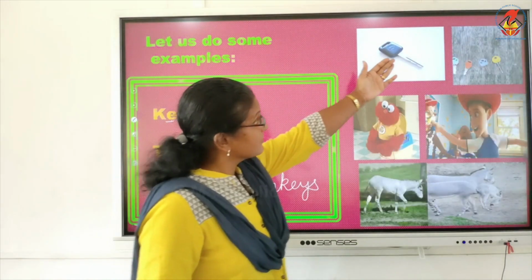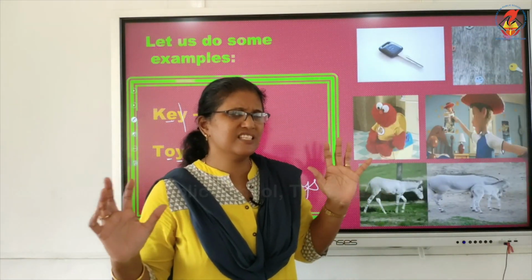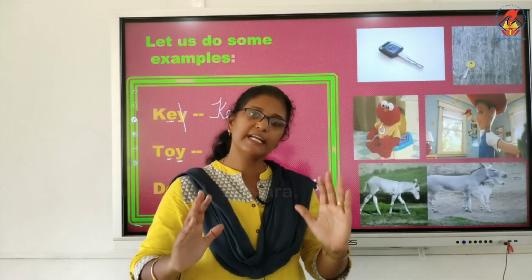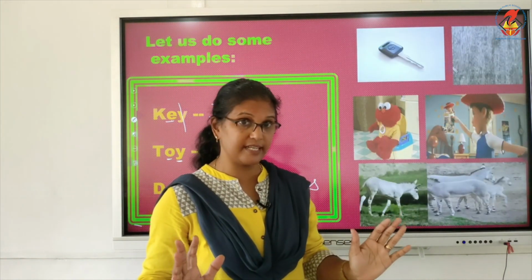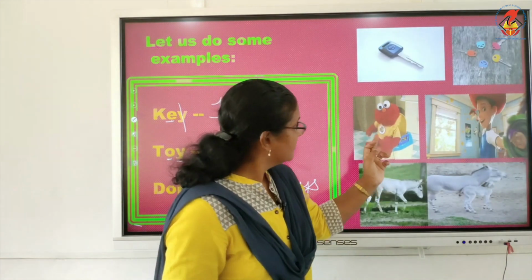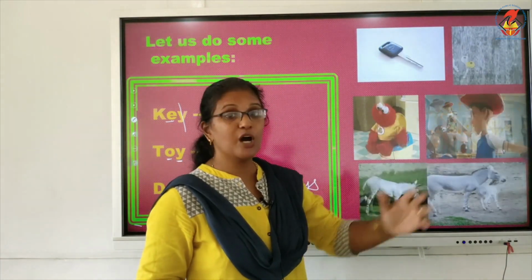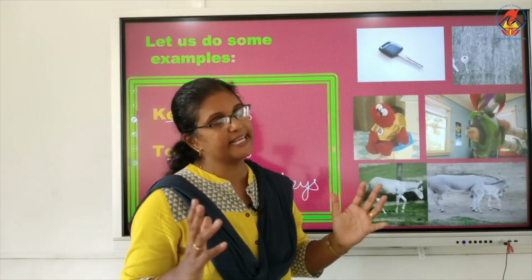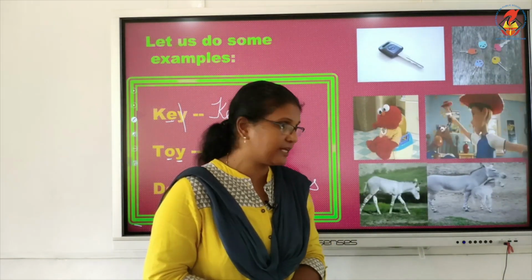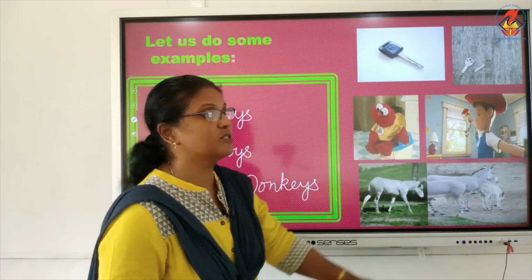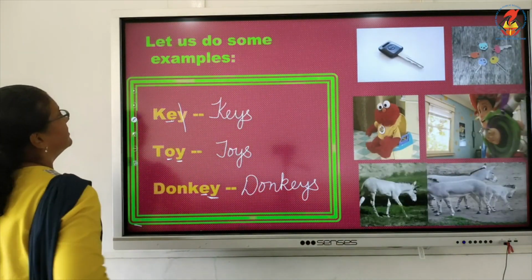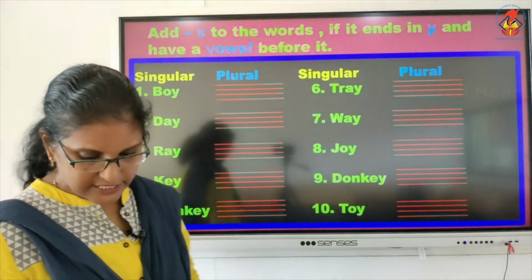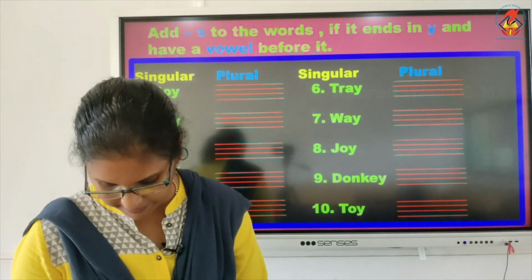Key became keys by adding just S for it because the word is ending with Y and has a vowel before it, not a consonant. You will simply add S. Toy became toys. Y and before it is O, a vowel. So you are adding S to the given word to make it plural. Donkey became donkeys. Now, let's do page number